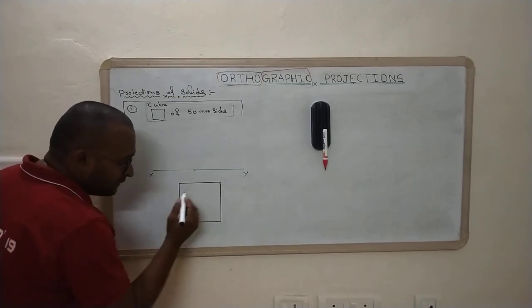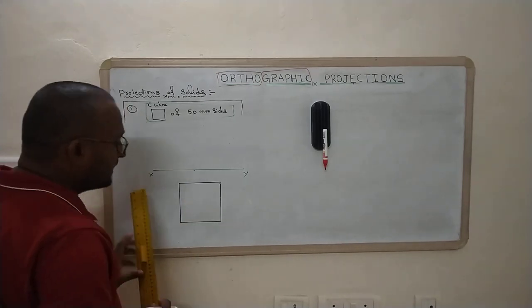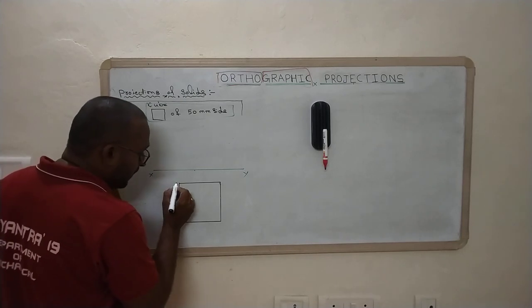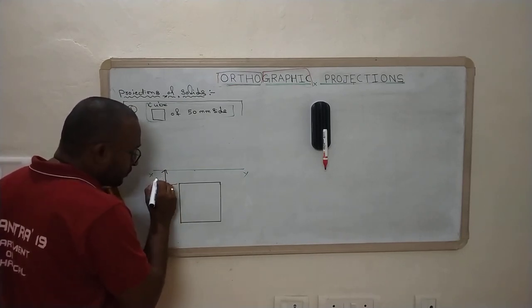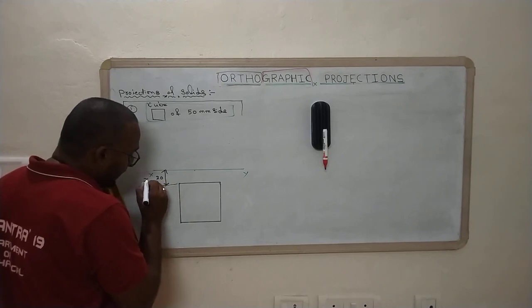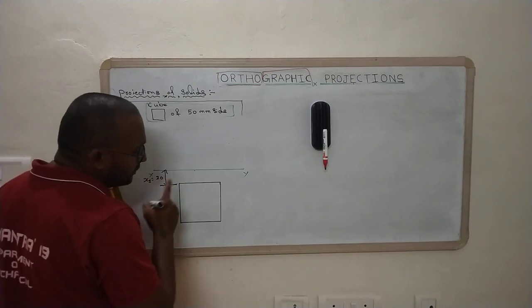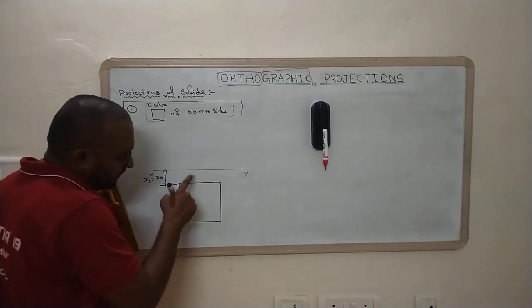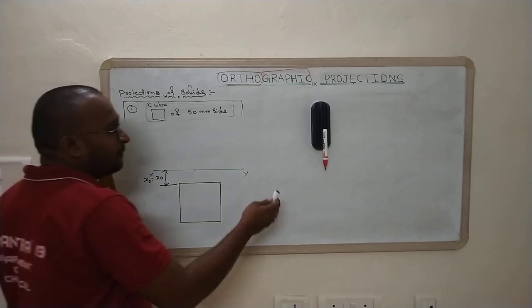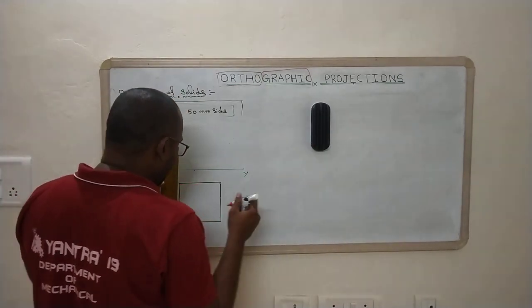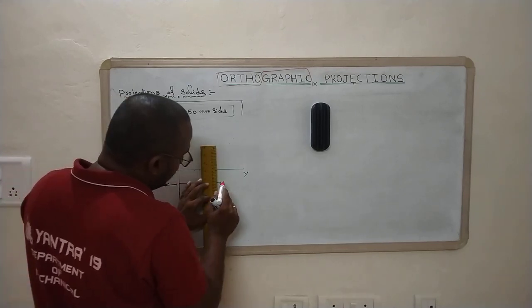So this is the top view of the given cube when it is resting with its base on HP. But from here to here it should be 20 mm, that is, the X solid distance is given, so that these edges are in front of VP. In front of VP is given as 20 mm. Now we need to project these points upwards.